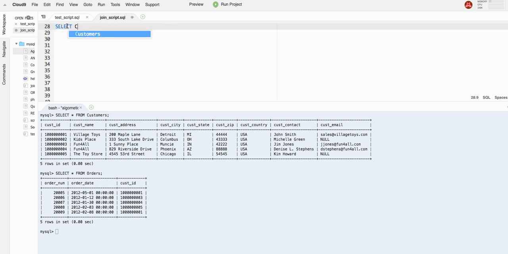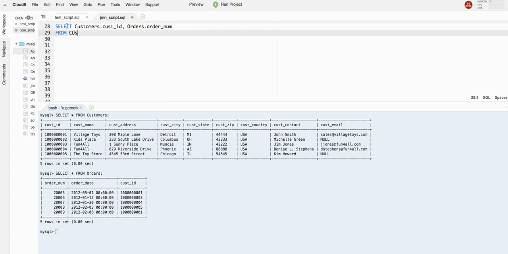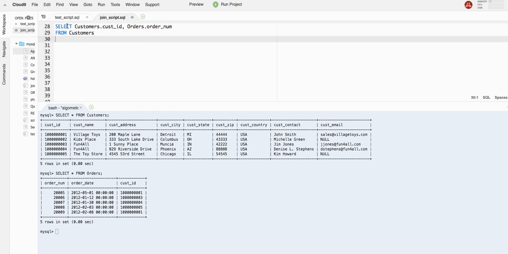Select customers.custID and order number from the customers table. And now we are going to use our keyword left join. What that's going to give us is all the records from our left table. And what's the left table here? That's the customers table. Left outer join. You can also call it left join, but I'm going to write the full left outer join. Orders